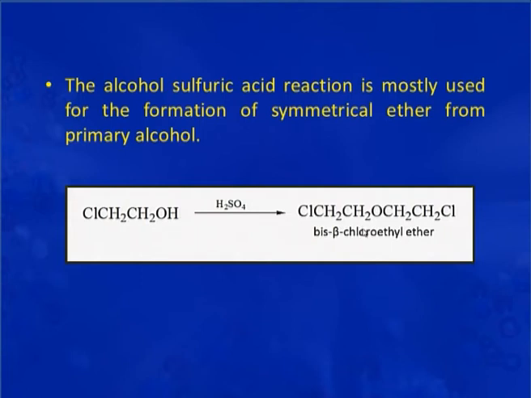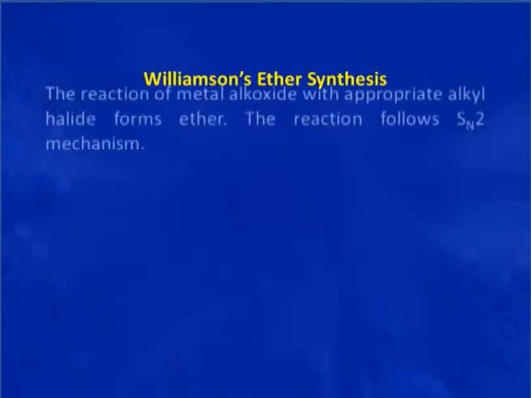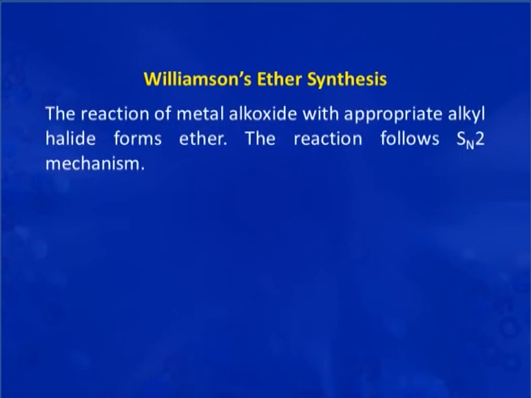dehydration of alcohol. As I told you earlier also, if we want to prepare unsymmetrical ether, dehydration of alcohol is not a good method because we do not get good yield of unsymmetrical ether if we start with more than one alcohol in case of dehydration reaction. And that is why a specialized method has been utilized for the preparation of unsymmetrical ether, and that is called Williamson's ether synthesis. In this Williamson's ether synthesis, the alcohol is first treated with strong base like sodium hydride or